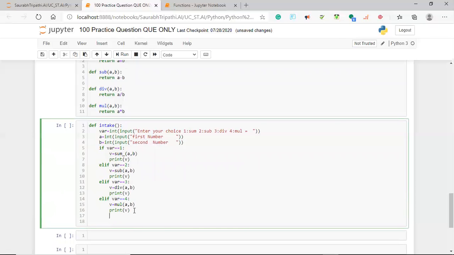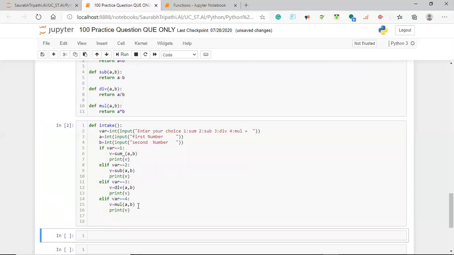And after this, obviously we need to know if the user wants to continue or not. That is something that we definitely need to make sure. Once we get the result and have printed the value, we get out of the print statement. So at the end, we need to ask the user if he wants to continue or not. Something like that, we will definitely go with it. And before that, let us be done with this particular function.